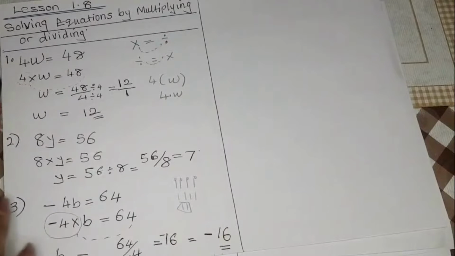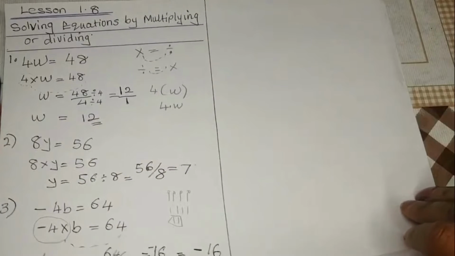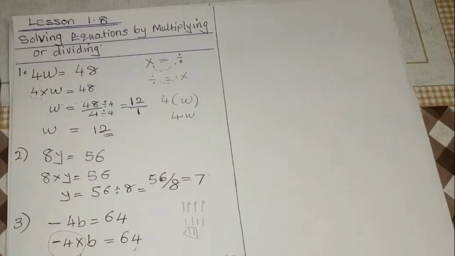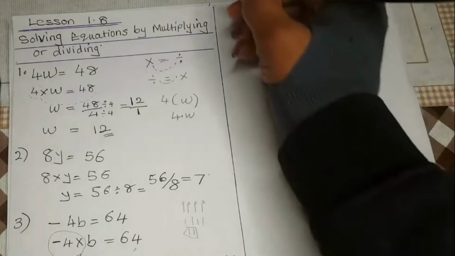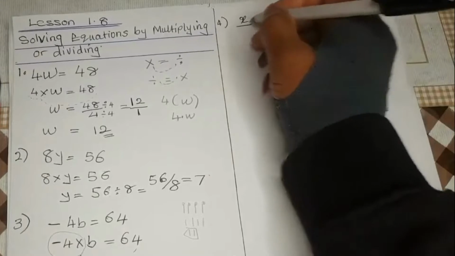If I'm moving fast, you let me know. So we're going to do question number 4, and we'll skip some so that we'll have time to do others. Question number 4 is x over 4